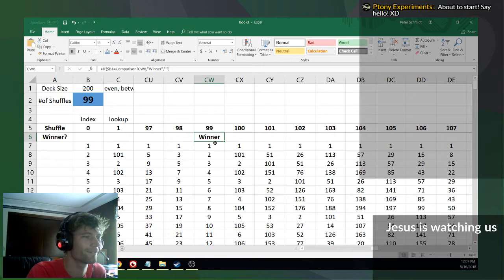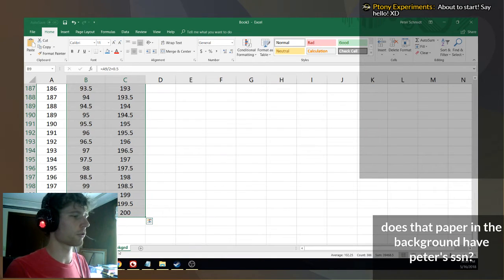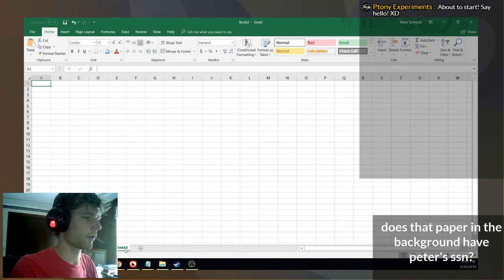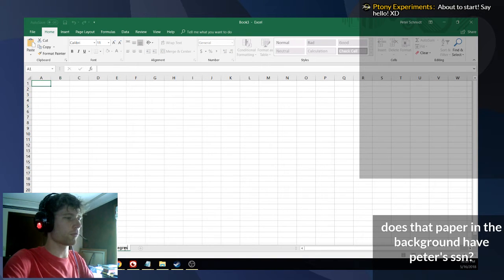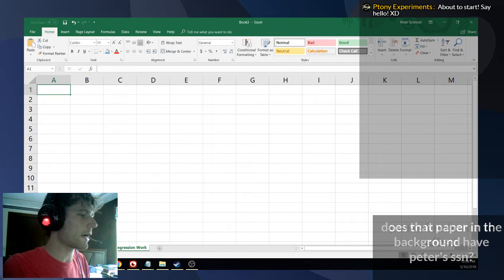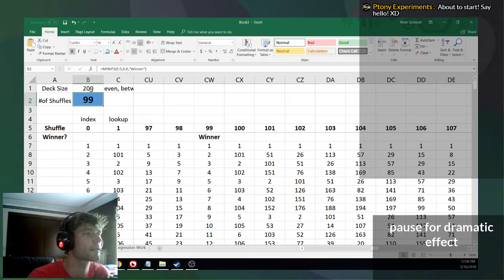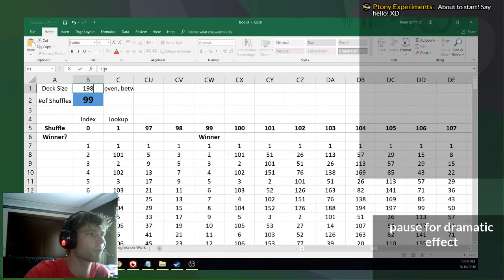That's kind of cool. But I have more questions. I'm going to create another worksheet here. We're going to call this regression work, and I'll explain what this means in a second. What I want to do is figure out, can we find a formula for what number is generated? Like, for example, if we make this 198,